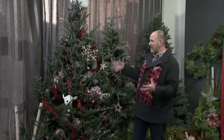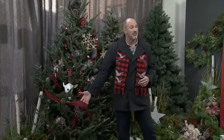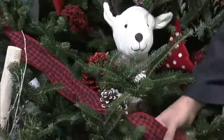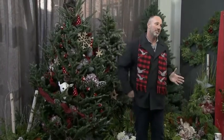Like, this is my blinged-out Christmas tree. I'm into it. Even little details like ribbons and stuff. Again, we're going with the buffalo plaid theme for me because that's what I love. So I am all about this. But again, this whole garland costs $2. So it's not like we're spending a ton of money. This whole tree, beautiful, pimped out, much more economical than any tree you can do inside, and it still has